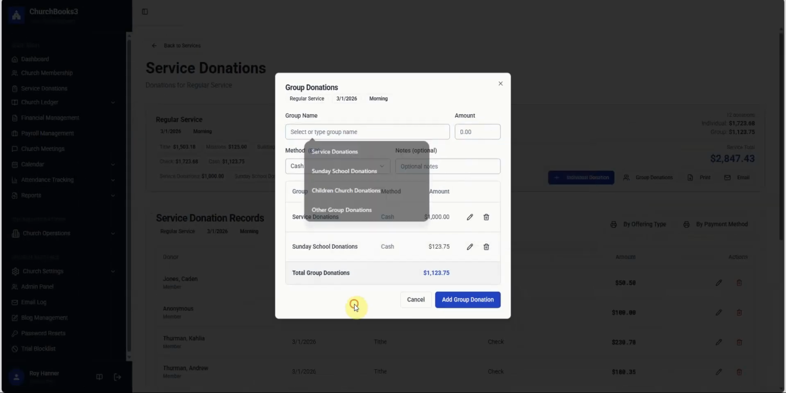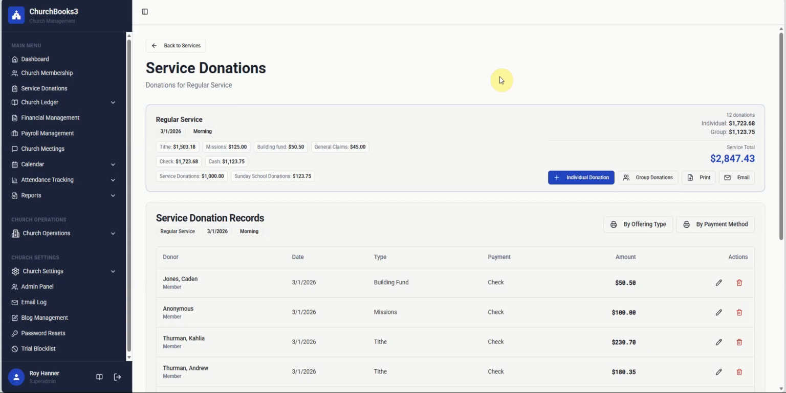Continue adding donations until finished. If a donation amount needs to be edited, use the Edit pen over to the right to edit that donation. When you're finished, you can print or email this report by selecting the Print or Email button on the top